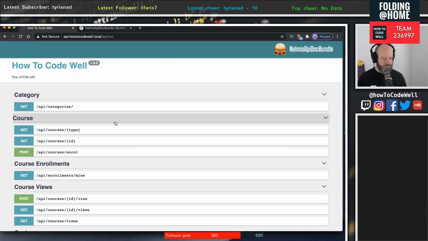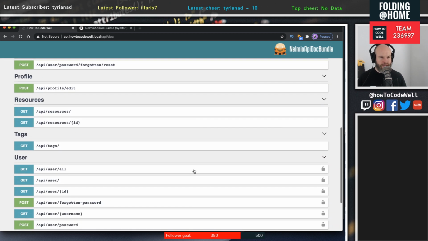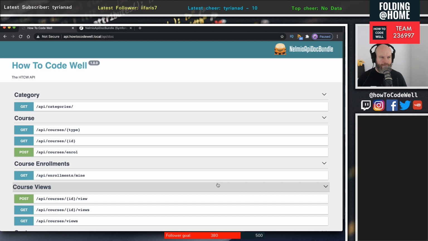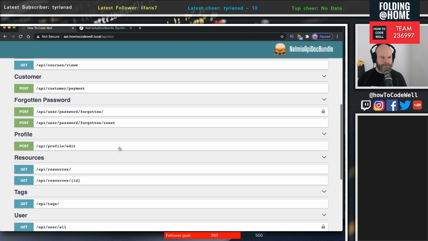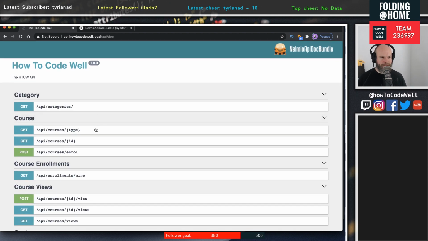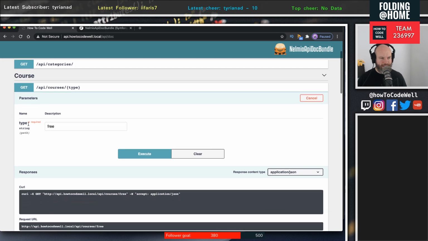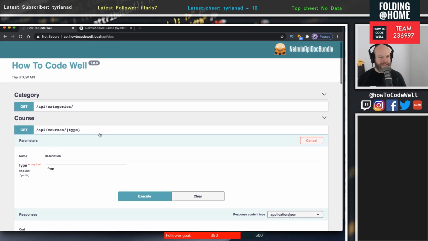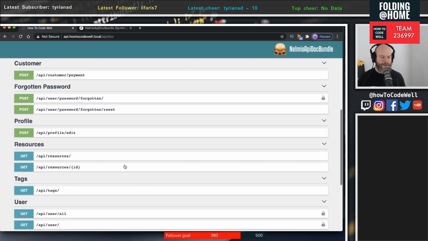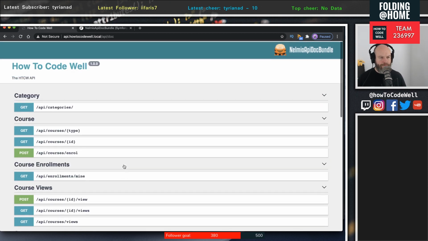In terms of the documentation, I can mark these as secure and insecure, so you can see the secure lock here. I can also define the parameters. If I went to post edit here, there's no parameters, for instance. However, if I went up to, I think it's this one here, I can actually define the parameters. So I want to use this Swagger documentation as a means of documenting the APIs,